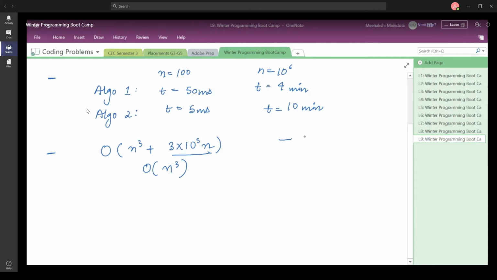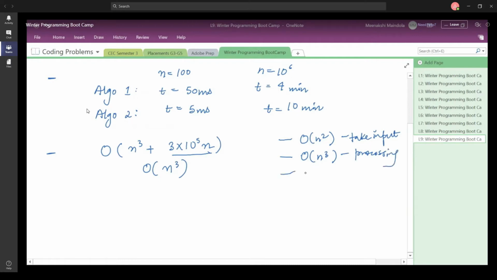For that, you first use order of n square time to take input, right? In matrix multiplication, if you're going to take input of the matrix, you're going to use two nested loops, and for that you're going to require order of n square time, right? Then you are going to perform matrix multiplication in, let us say, order of n cube time. Okay. So we say that in this case, n cube time is for processing the matrix.